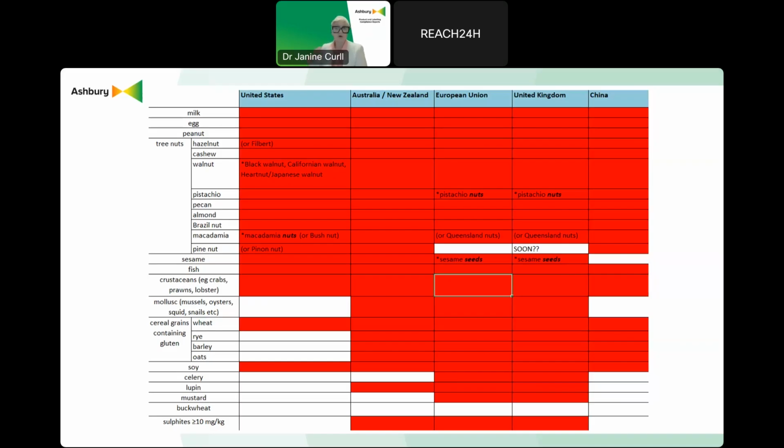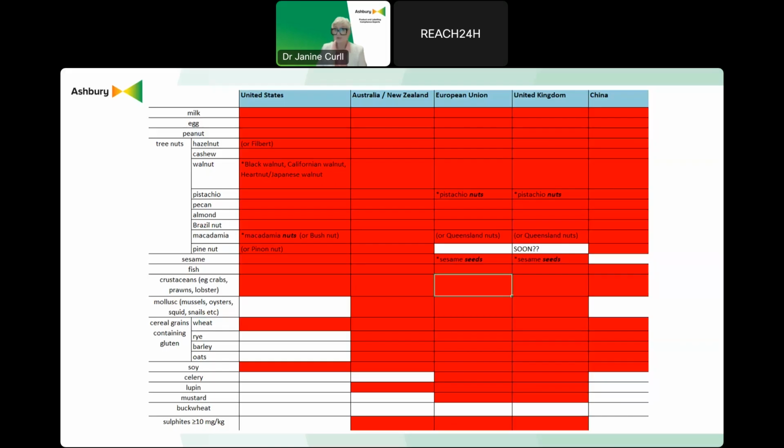Across the horizontal columns, we have the jurisdictions: the US, Australia, New Zealand, European Union, Great Britain, and China. What this table highlights is that while there's overlap with those top major allergens, milk, egg, peanut, and tree nuts are universally required, there are important differences.